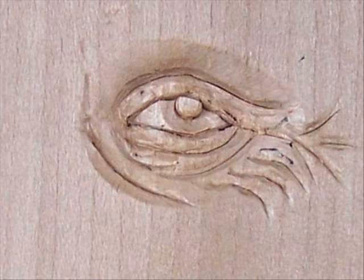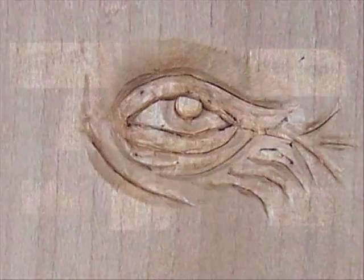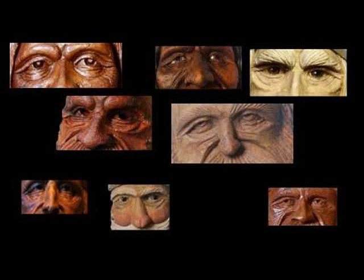Now there's other ways you can do your eyes, and when you look at the next slide, you'll see this. Sometimes you can just do the iris and just do a hole there and leave the pupil out, and that looks good. Or you can come back with some paint and a very, very small paintbrush and paint the eye in. But any way you go, you're going to have a good looking, fairly realistic eye if you follow these instructions. And here I've just included a picture of the different kinds of eyes. You can see the ones that show the pupil or the light. You can see some where I just dug a hole where the eye is,